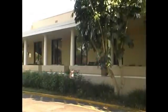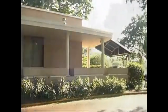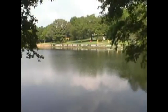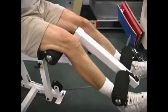Welcome to Cardiovascular Interventions, Central Florida's premier cardiology practice. We're located at 1900 North Mills Avenue in beautiful Lake Helen in Orlando. Our 12,000 square foot facility houses the most technologically advanced collection of modalities to help make your visit to CVI